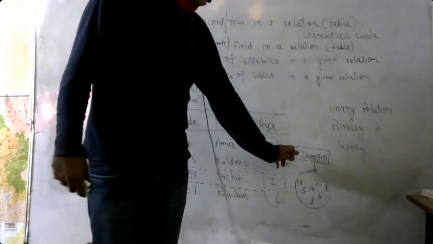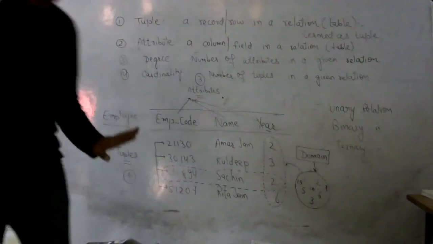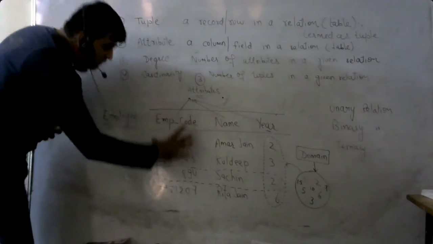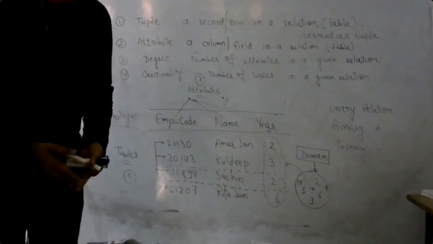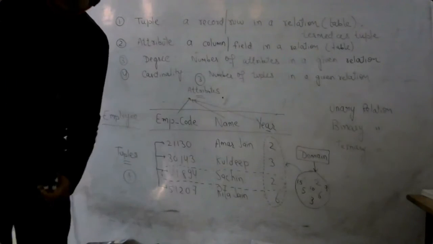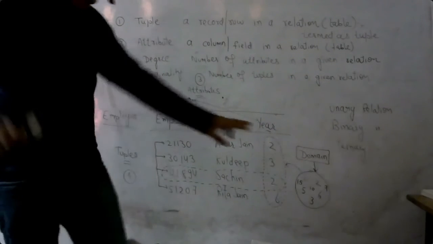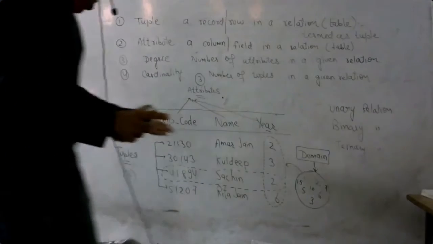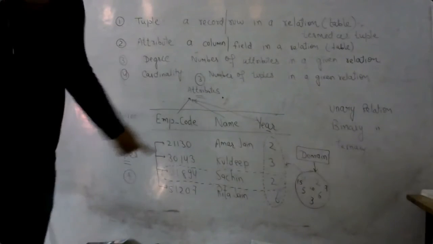Now the last point, that is domain. What do we mean by domain? If we talk about any relation, see, EMP code here for this particular attribute. Suppose there is a pool of values where there are 40,000 EMP_code, and from those 40,000 EMP_code, we have only 4. So, what is domain? A domain is a set of values, a pool of values from which some or all the values exist for a given attribute.